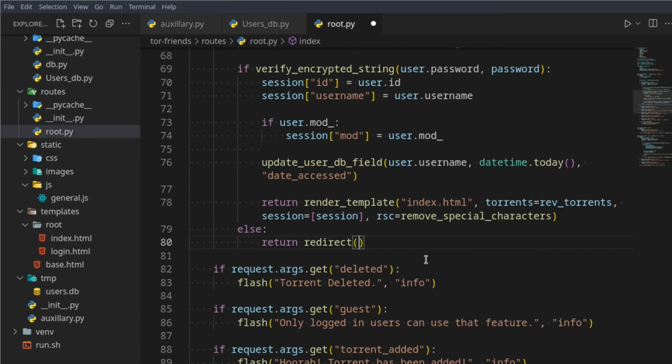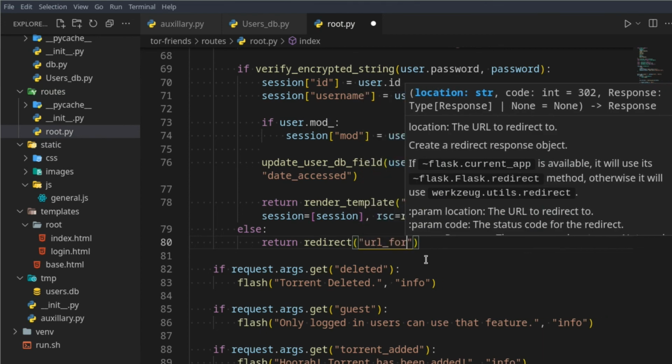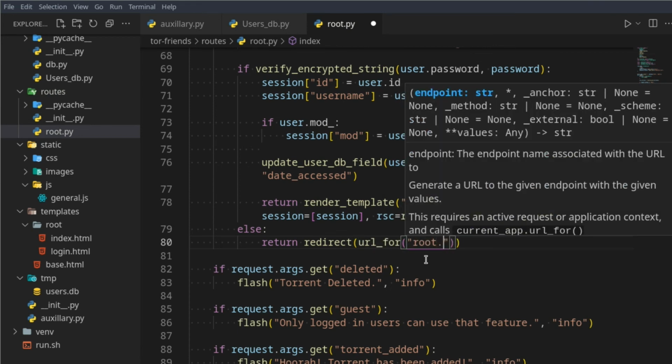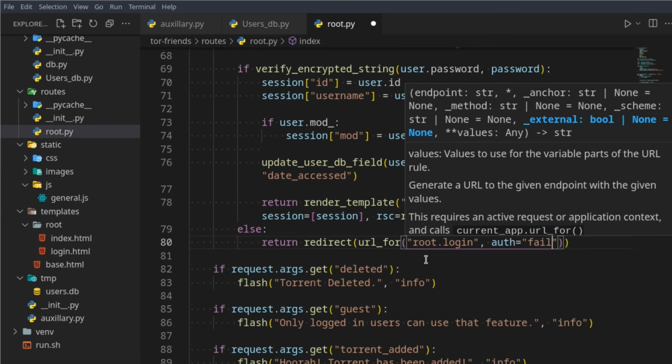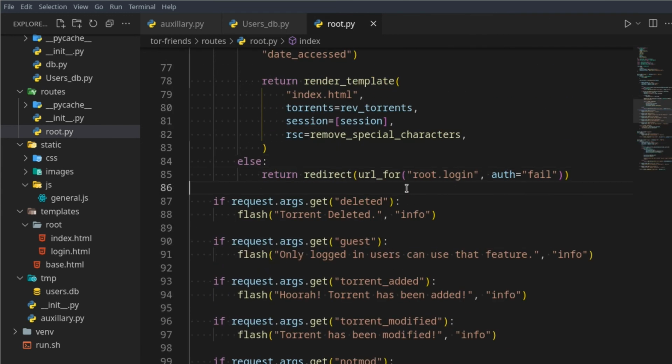redirect url_for, so if they tried to log in but their password was incorrect, then root.login, and we can just say auth is equal to fail. Finally,